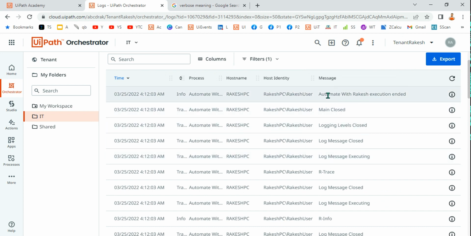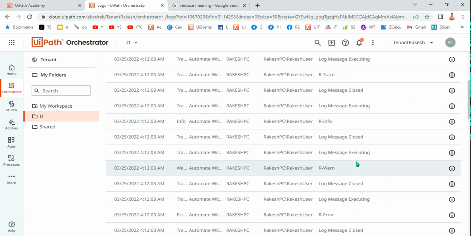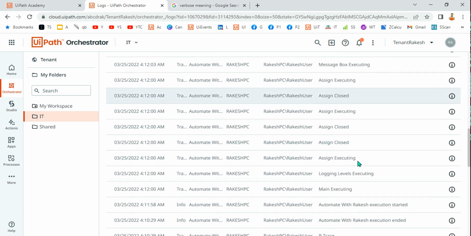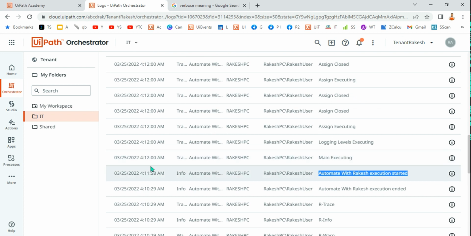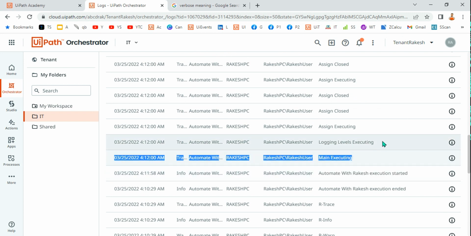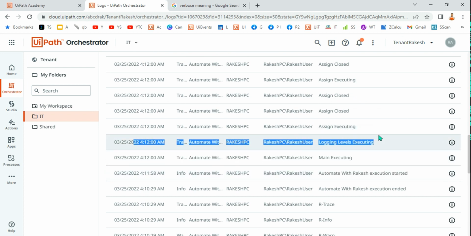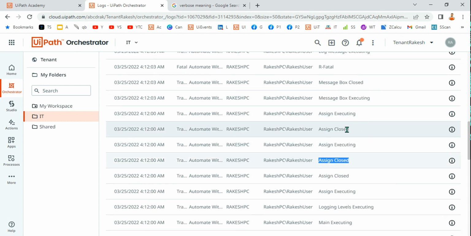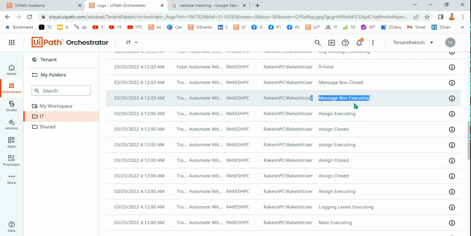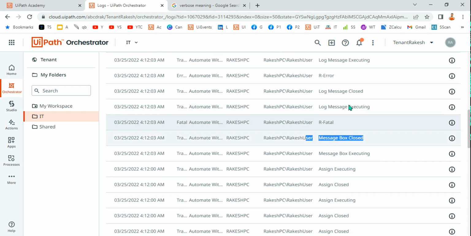Now look at this, automation execution ended, but I have to scroll a lot down to understand when it started. See, it has started, so it is getting all the activity level details: when the main started, logging level, when the sequence started, when the assign activity started, closed, at what time. Okay, all this in assign executing, closed, assign executing, message box executing, message box closed,